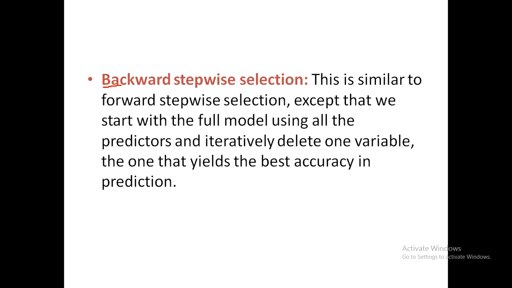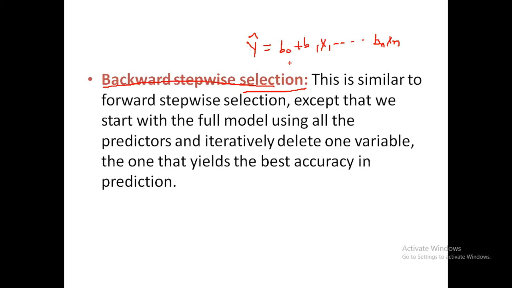Coming to the backward stepwise selection, that is in fact called elimination. This is the reverse of the last approach. In the last approach, what we did, we were adding one by one based upon its SSR value. Here, in the beginning, we shall consider that we have the model with all the features. And in every iteration, we shall remove one of them.